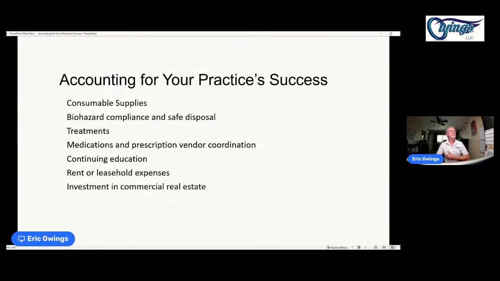So some of your selling and administrative expenses, some of these maybe you haven't thought about very much, but at some point, and we get to the bottom, rent, leasehold, and investment in commercial real estate. What if you get to the point where you are kind of tired of paying somebody else's triple net on a commercial property and thinking about investment? Because as everybody knows, we live in inflationary times. We have since World War II.